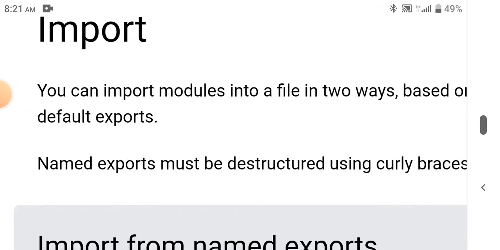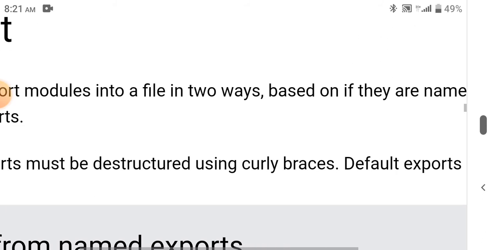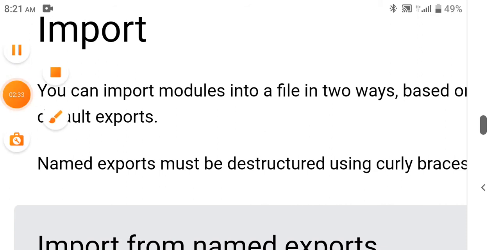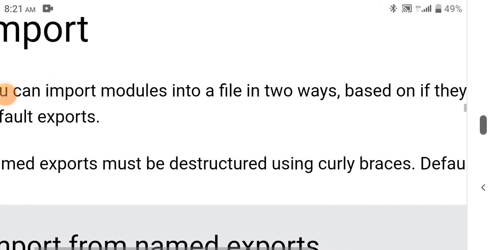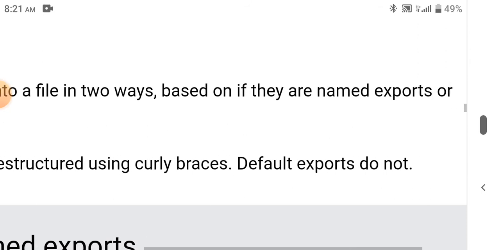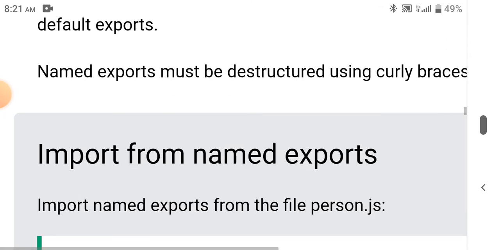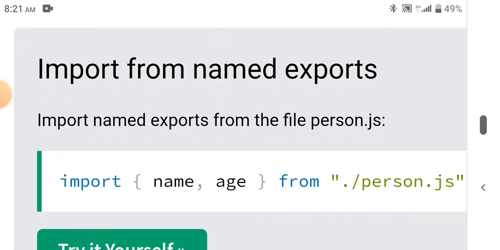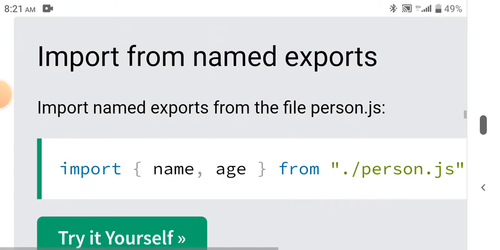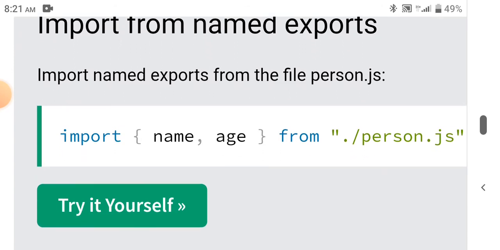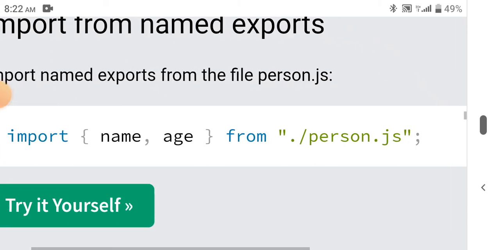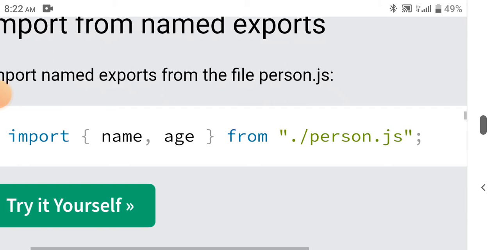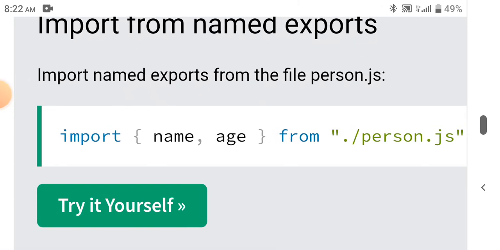Import. You can import modules into a file in two ways based on if they are named exports or default exports. Named exports must be destructured using curly braces. Default exports do not. Import from named exports. Import named exports from the file person.js. import { name, age } from "./person.js";